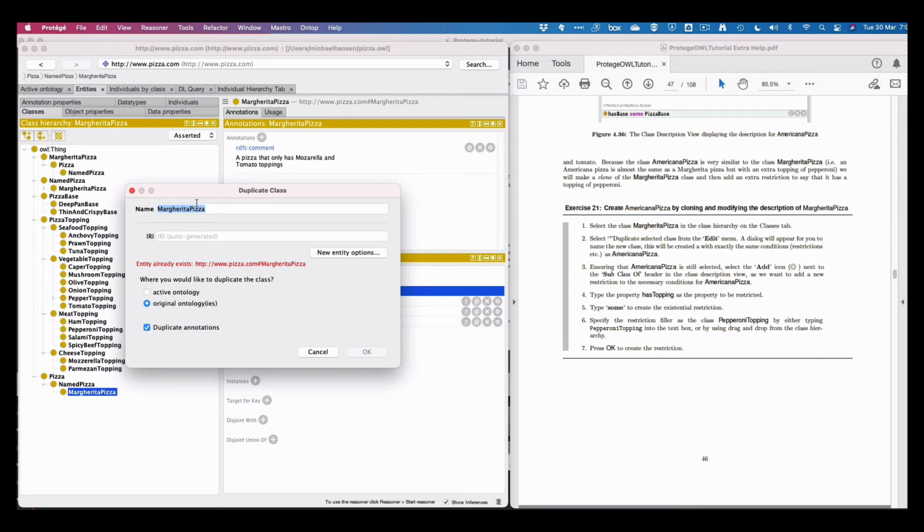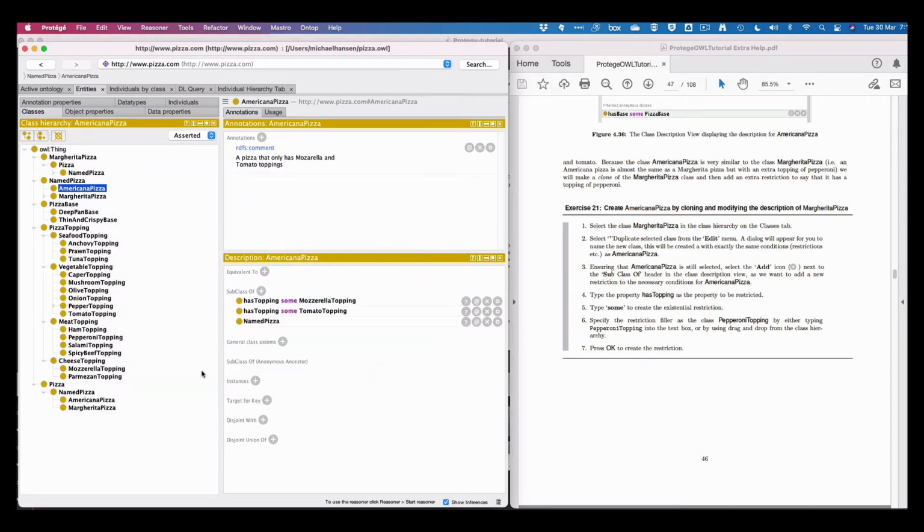and we name it pizza. Okay, so ensure that area is still selected. Okay. So duplicate, so this would be the same, and